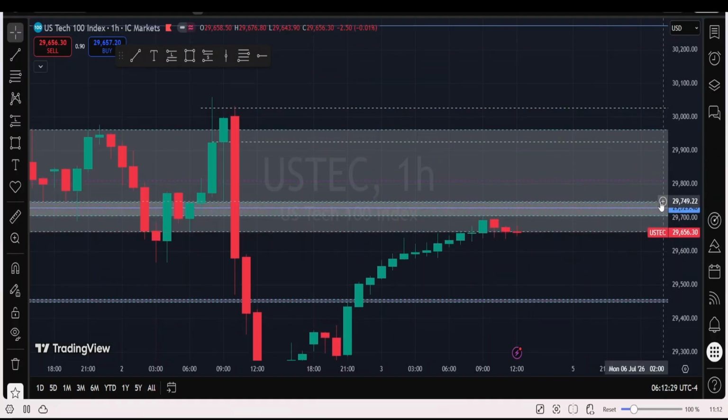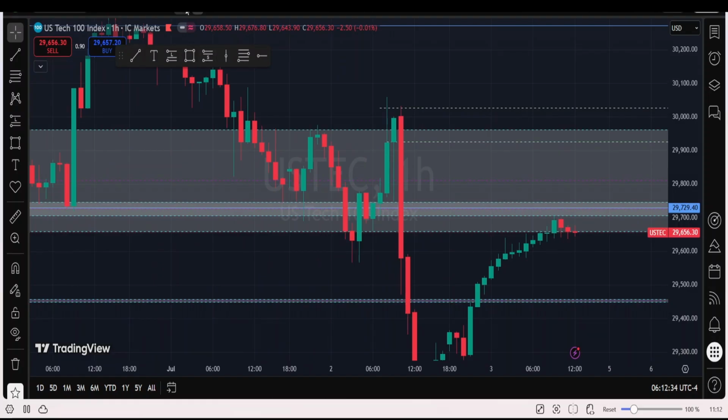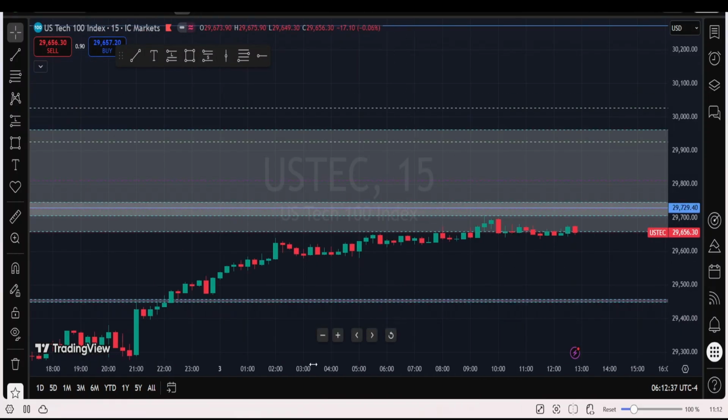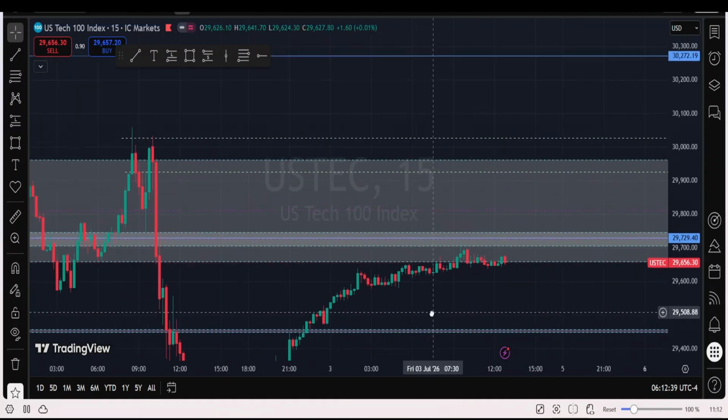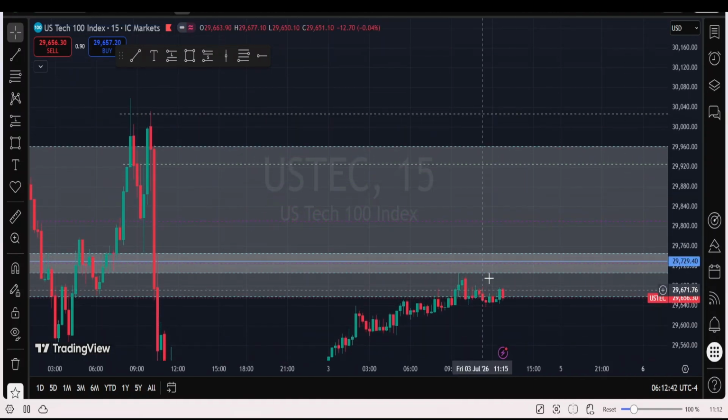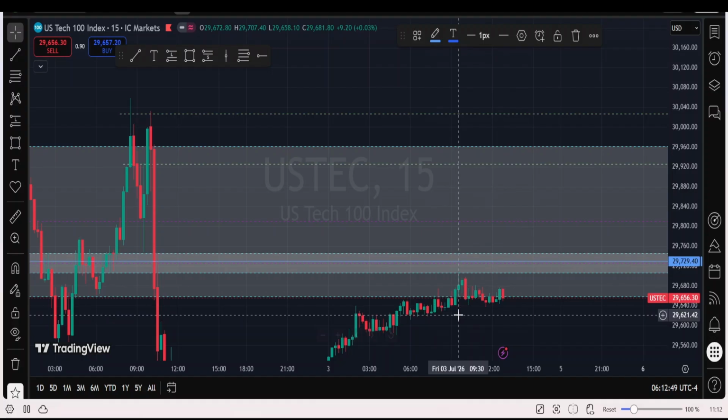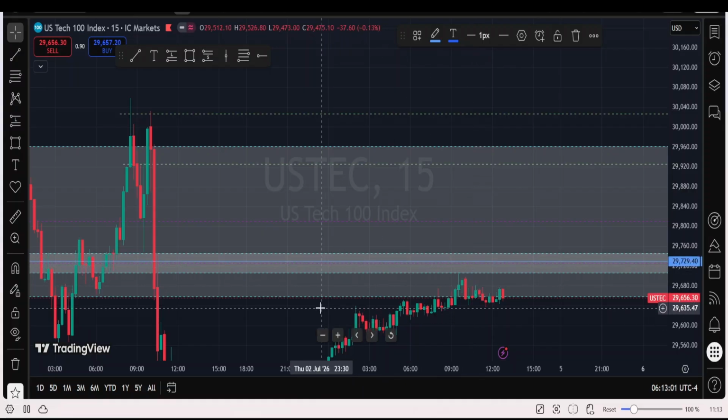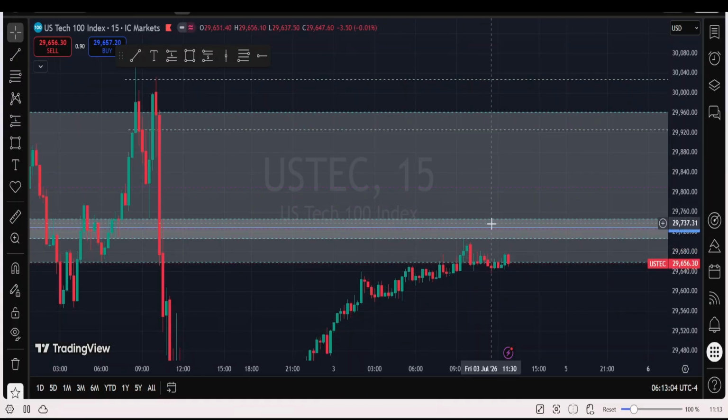Let's see exactly what we are looking at. Here we are on the one hour. Let's drop more to the 15-minute time frame, making it even clearer for us. Like we said, we want to see price getting back to this level, respecting the order block on the daily time frame, but where then lies liquidity? We are looking at this area, also a fair value gap, price respecting the fair value gap on the daily time frame and the order block on the daily time frame to act as a resistance for us. So liquidity pools lie on that level.